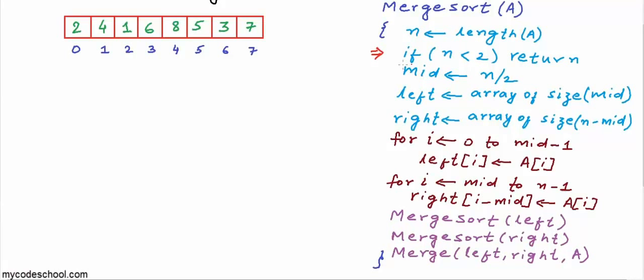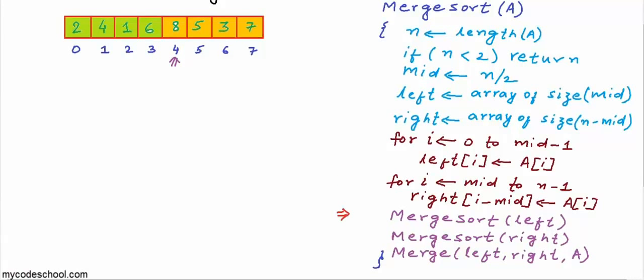This condition is not true, so we will not return and exit from this function. We will move forward. We will calculate the mid index. Now n is 8, so mid will be 4, and now we will create 2 arrays, left and right, one of size mid and another of size n minus mid. We will fill up these arrays. The first 4 elements will go to left and next 4 will go to right, and now we are making